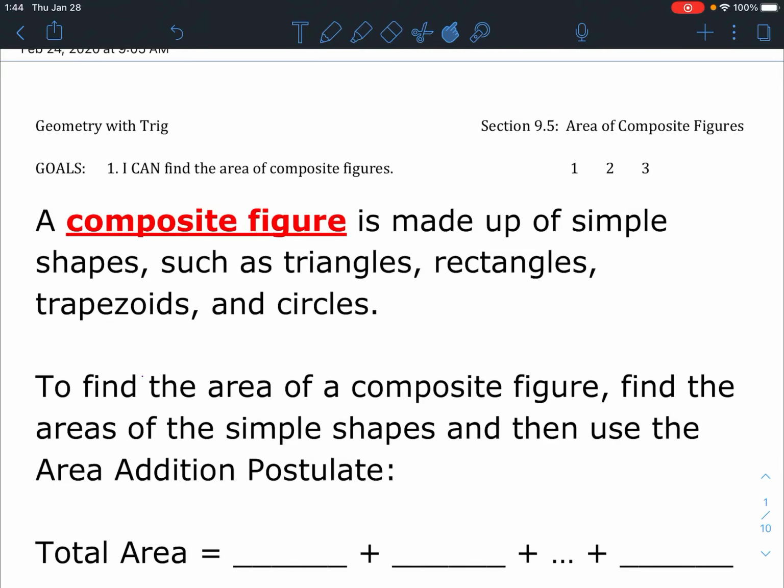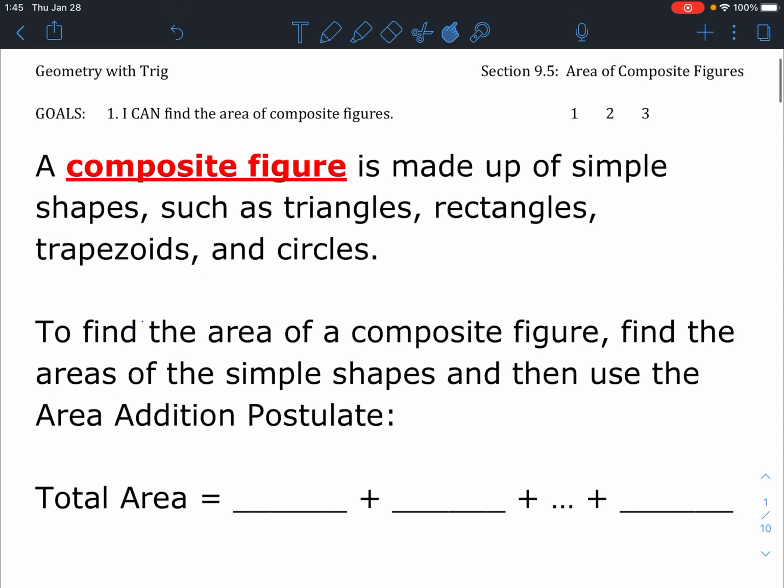Okay, everybody, let's finish up chapter 9 today. Today we're going to talk about how to find the area of composite figures. A composite figure is made up of simple shapes such as triangles, rectangles, trapezoids, and circles. To find the area of a composite figure, we'll find the area of the simple shapes and then use the